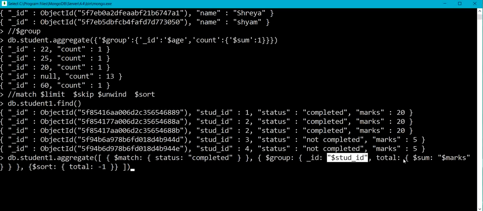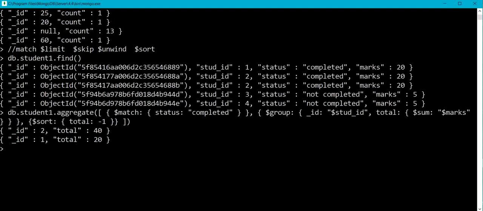Then we are getting the total of marks for the students who have completed the assignments. And next we have sort, which sorts the documents in descending order, as we have specified the value -1 here. So let me execute it.